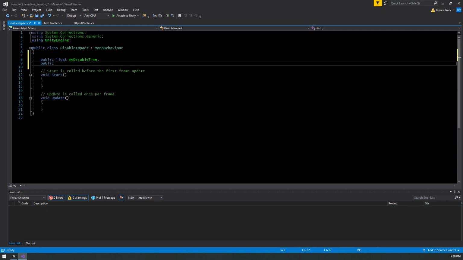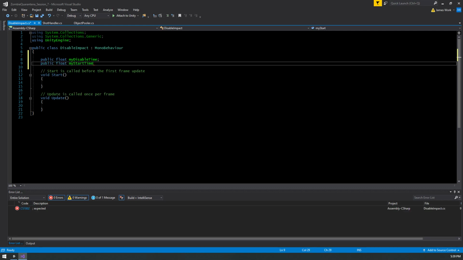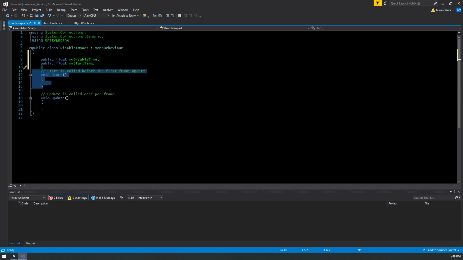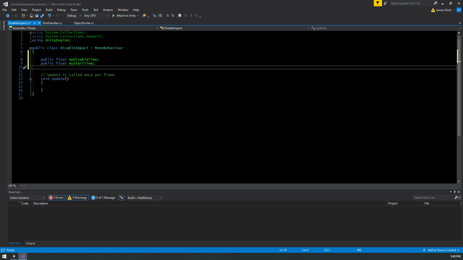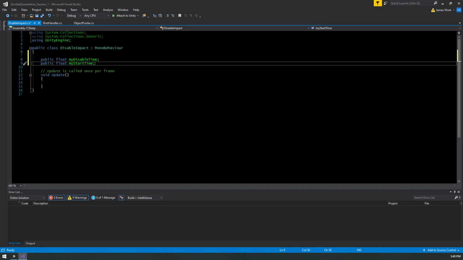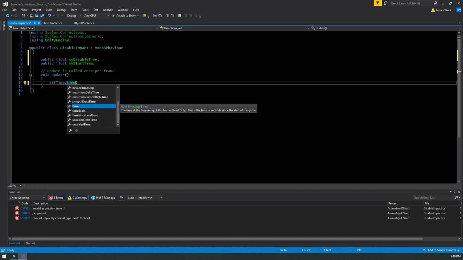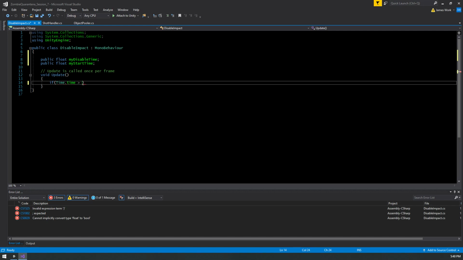And public float my start time. And that is, when did I start? I'm not going to do anything in the start function, and I'll get to why in a second. Let's just move on. In our update, I'm going to say if time.time, remember that's the time in seconds since the start of the game, which is what my tooltip says right there. If my time is now greater than my start time plus my disable time,